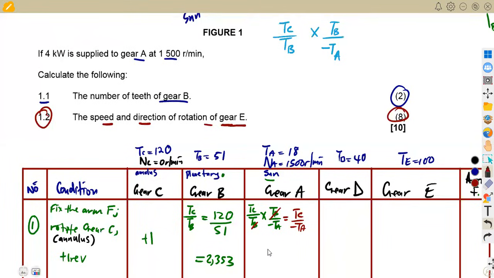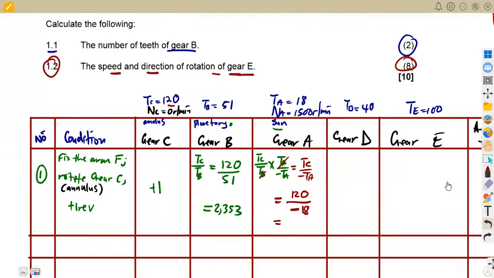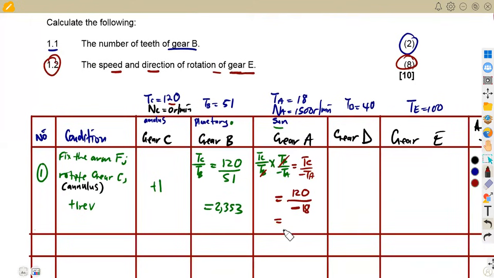TC is 120, so it's 120 over minus TA. Remember, TA is 18, so it's minus 18. All right, so let us see what you're going to have. 120 over minus 18 is going to give us negative